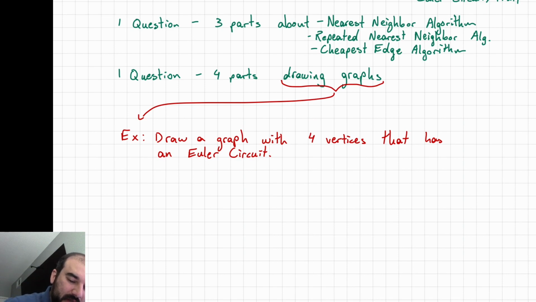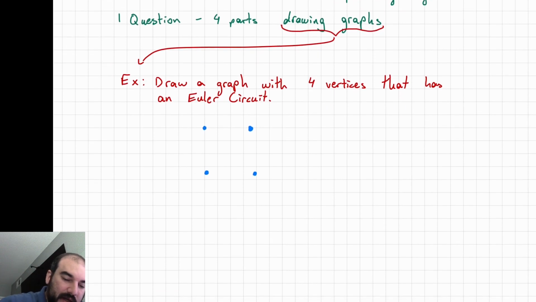So you could draw a graph that has 4 vertices. The simplest graph you can draw that will have an Euler circuit is just a square, I think. And as long as it's a connected graph and all of the vertices have even degrees, then the graph will have an Euler circuit. Right, so it'll be things like this. Or